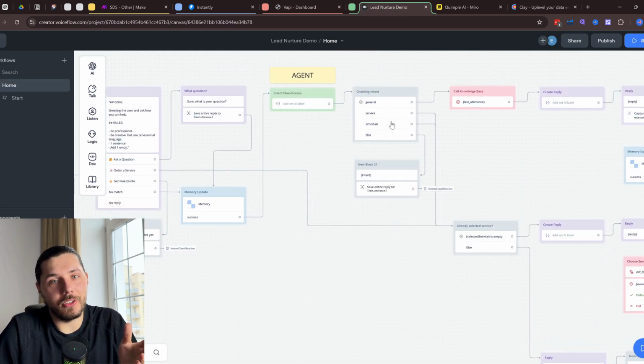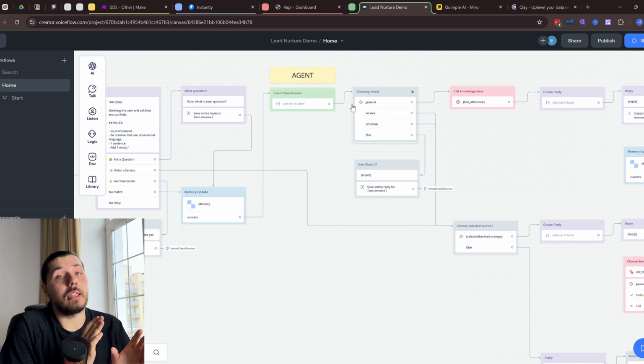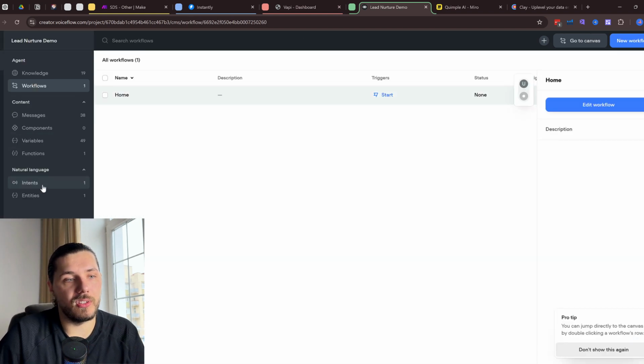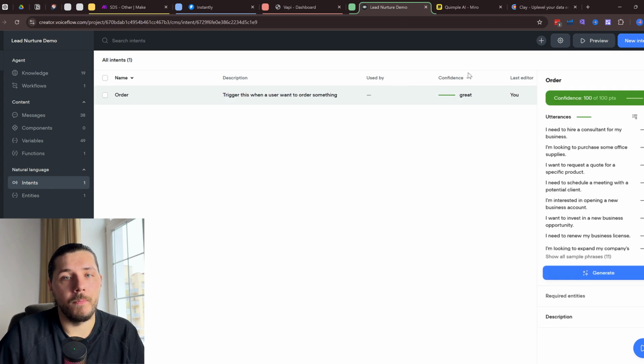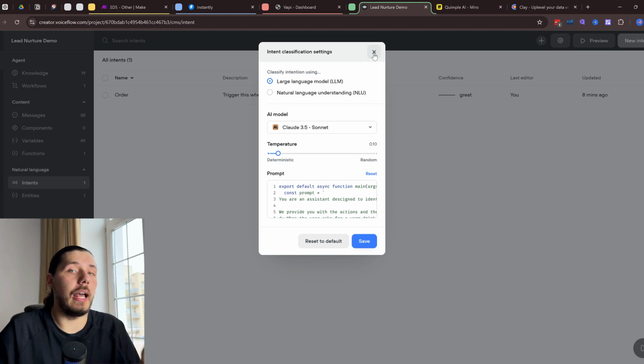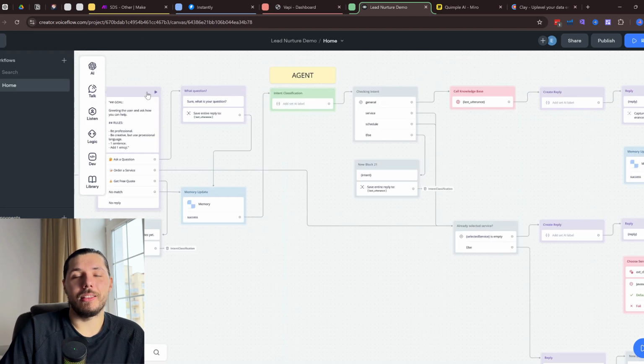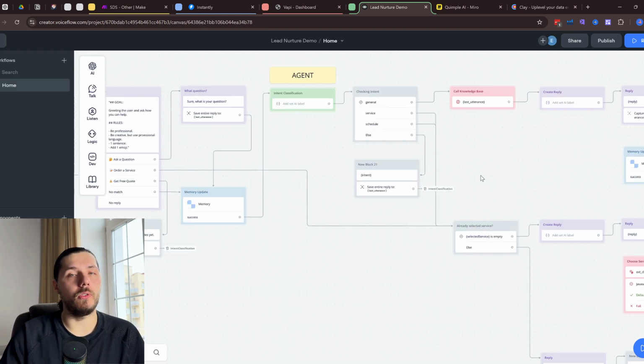And that's why, as you can see here, I'm not using the predefined intent things from Voiceflow, even though it's okay, it's accurate. Voiceflow is great. In the settings, you can specify whether you want to use LLM or NLU to analyze the whole conversation. So there are a lot of different options, but I just like to have full control over the flow,